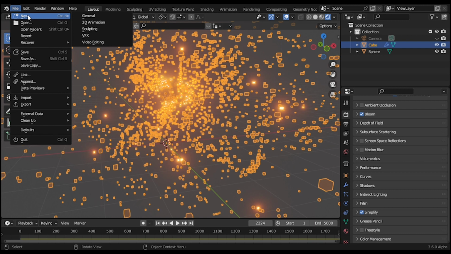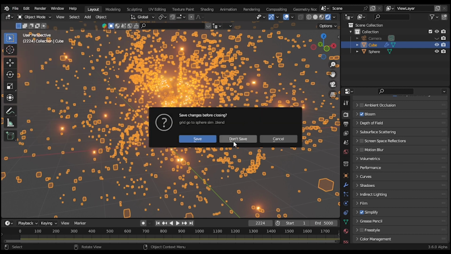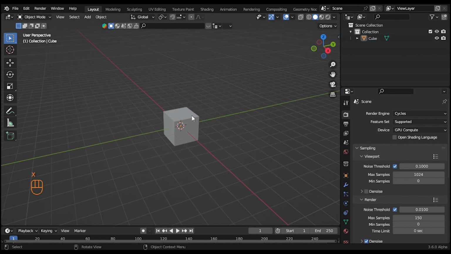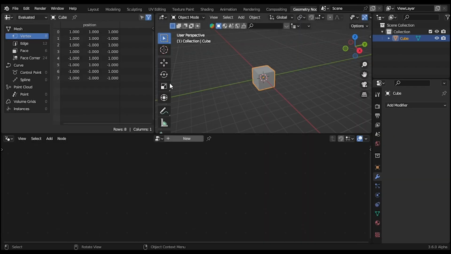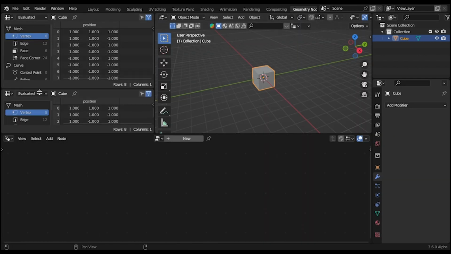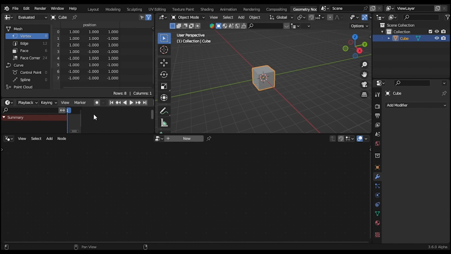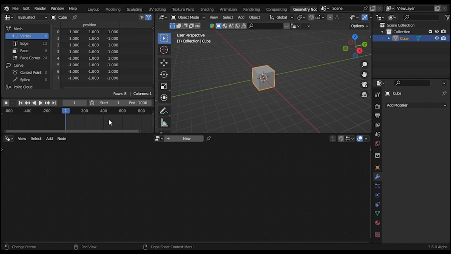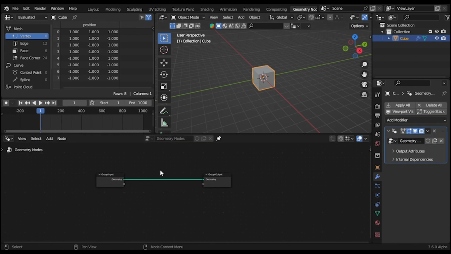Now make a new blend file. Don't save the last one. So first we delete the camera and the light, you don't need them. So first add a timeline. Let me just expand this. Make it 1,000 frames and go to the first frame. So add a new node group, pin that,